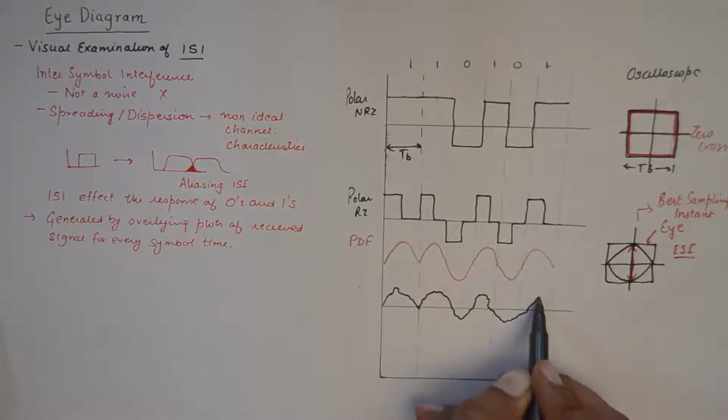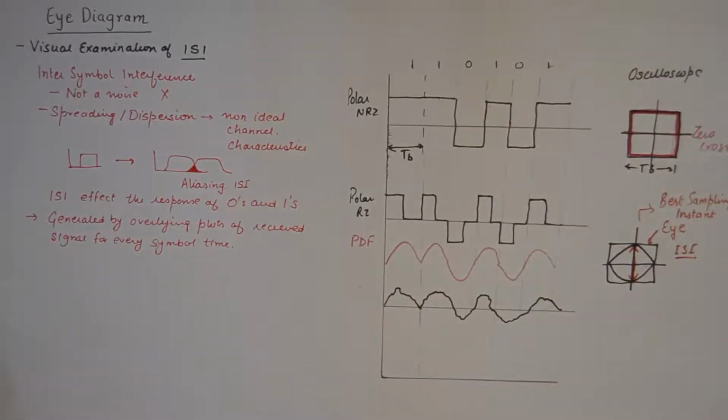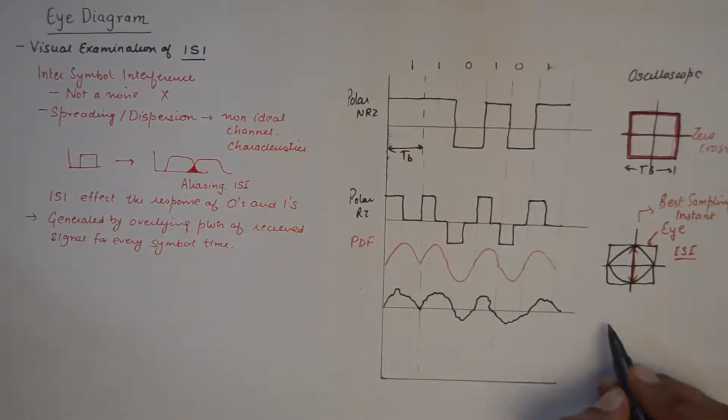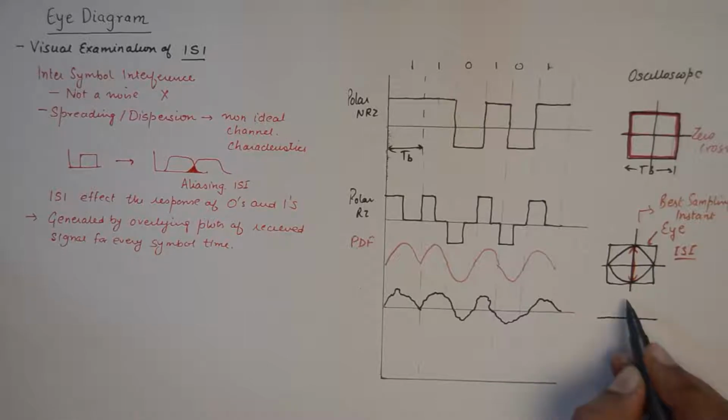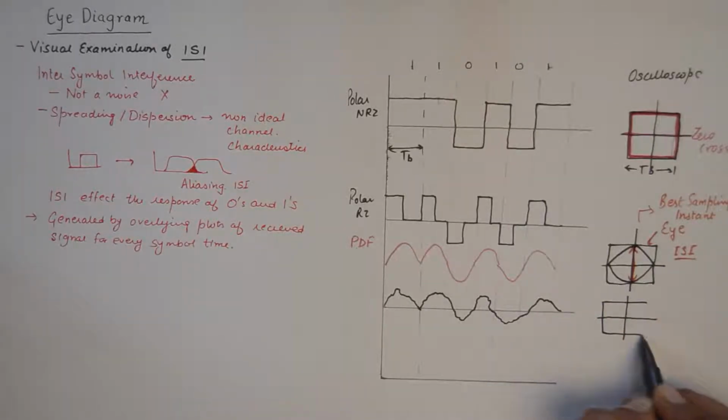So all kinds of things are happening. Some waves are shifted over the period of TB. Some waves are spread, some waves have been lost in amplitudes, and so on and so forth. So if we look at the eye diagram for such waves, which is again plotted on the oscilloscope for the time period TB,